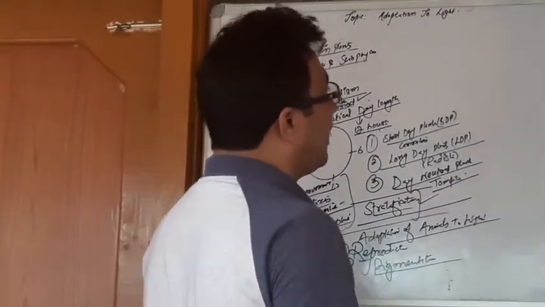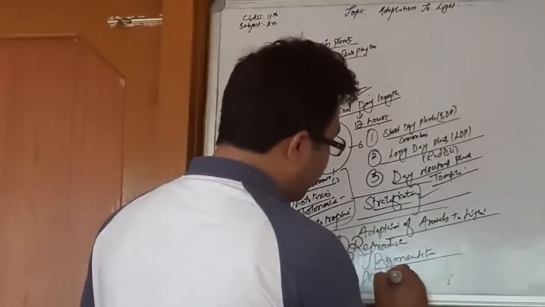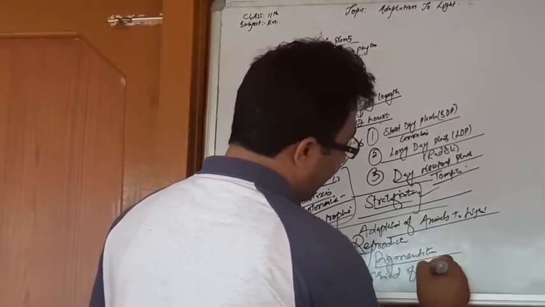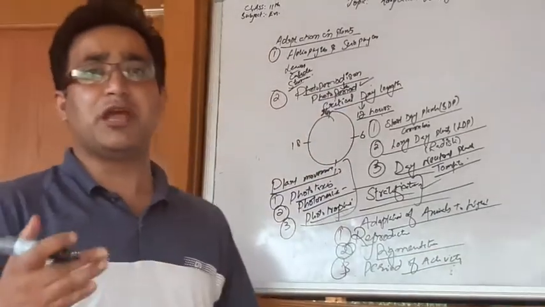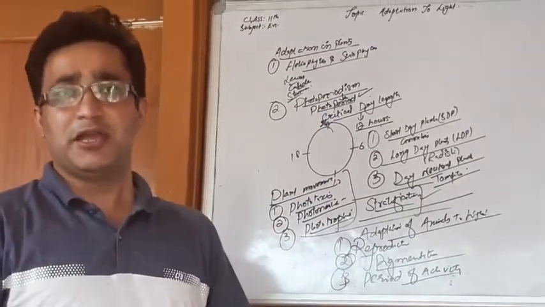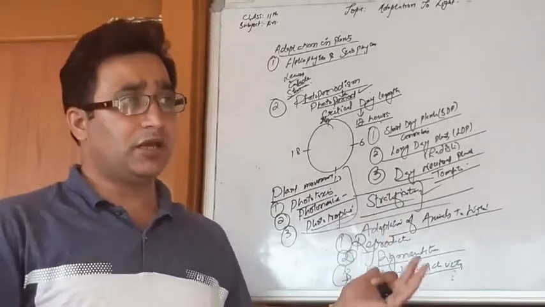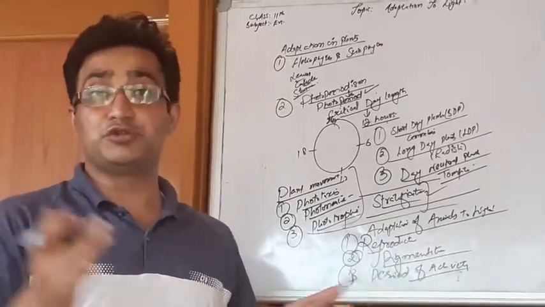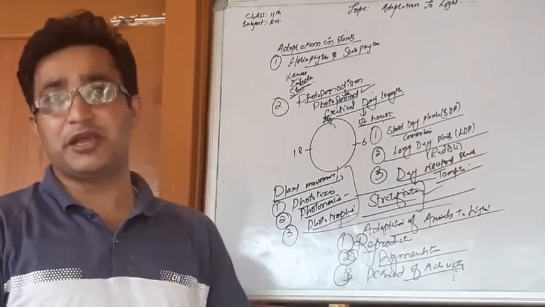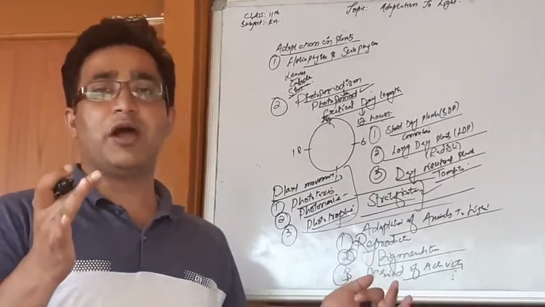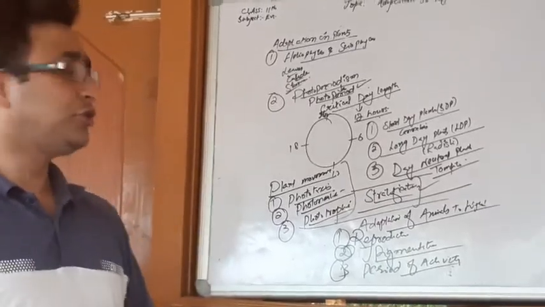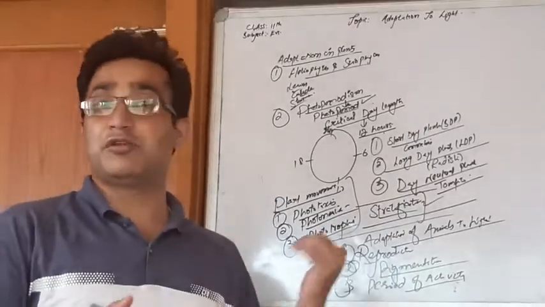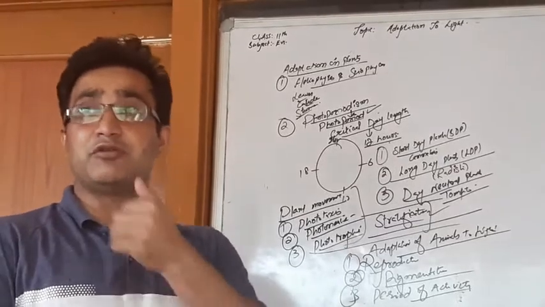तीसरा इसका जो इम्पैक्ट है that is period of activity, periodic activity. Different animals they are active at different times of the day. Most of the animals they are active during the day, which are known as the diurnal animals. Some animals they are active during the night. They are known as the nocturnal animals, जैसे कि उल्लू।